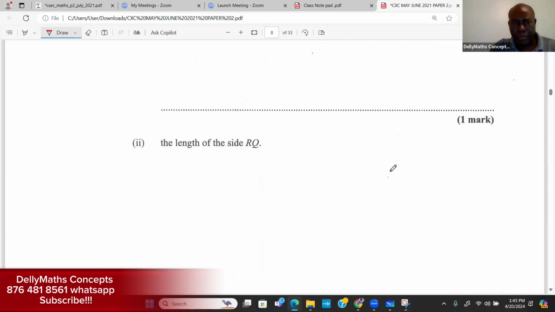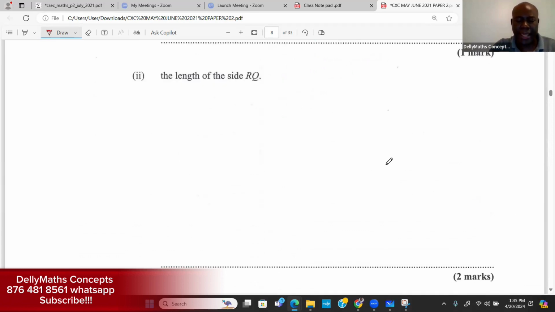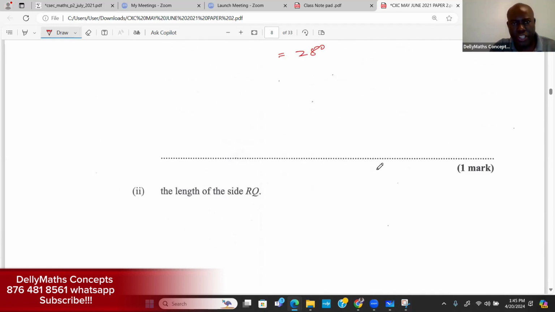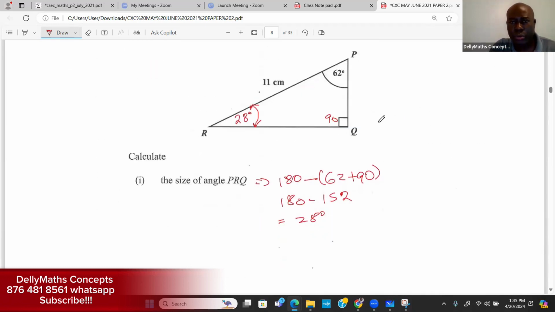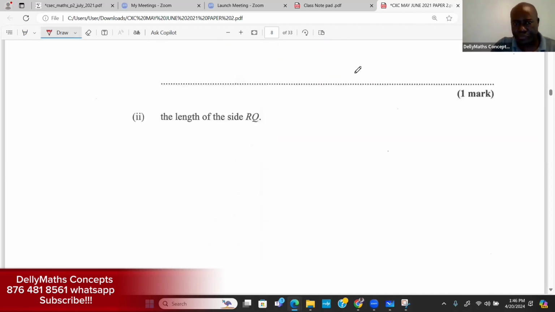Let's keep rolling. So we're looking at the length of RQ. If you take a look at RQ, we're trying to find the length of this side here. Well, you can do this a number of ways. I'm just going to zoom in onto one. So I'm going to use, let us say, sine. If I'm going to use sine, I'm focusing on this angle here, and it's going to deal with the opposite side over the hypotenuse side. So the sine of 62 degrees is going to equal RQ